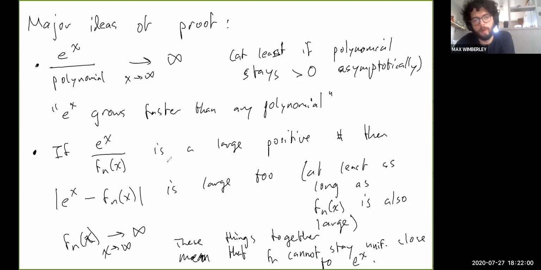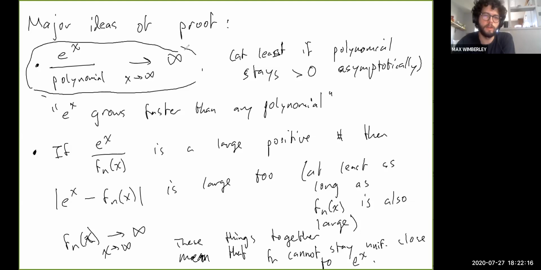In fact, now that I think about it, there might be an even easier argument. Once you show the lemma, it might be even easier to prove the final result, just because you can say